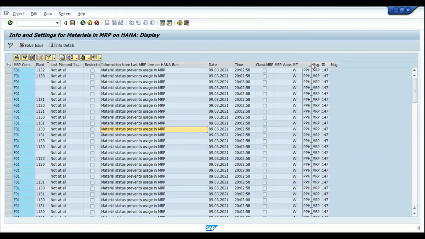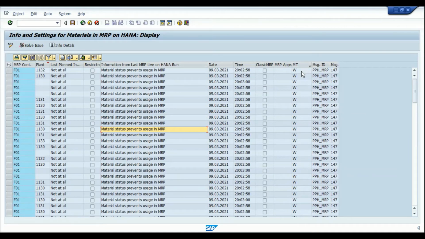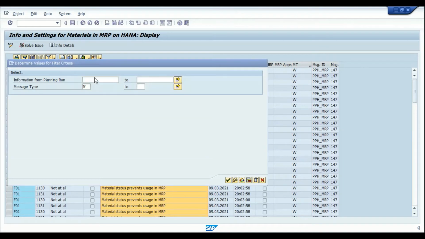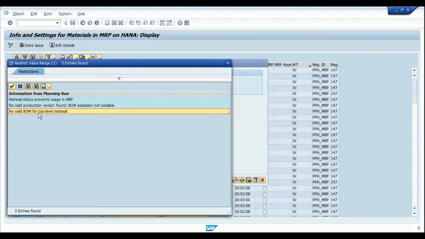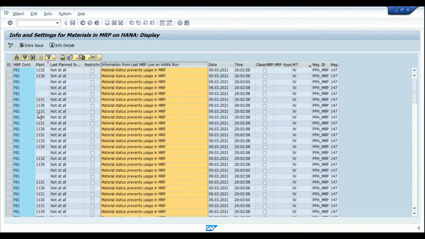So here we also can see the type of the message, whether it is a warning message or an error message. So let me just filter out the messages. So I can see that we have three messages. One is with the non-validity of the production version, and there is no valid BOM for the top level material.